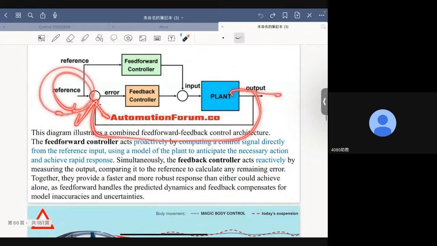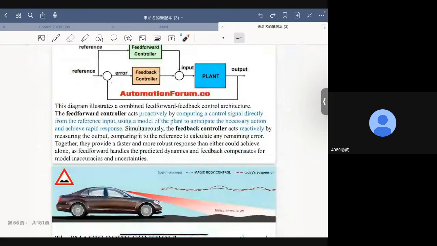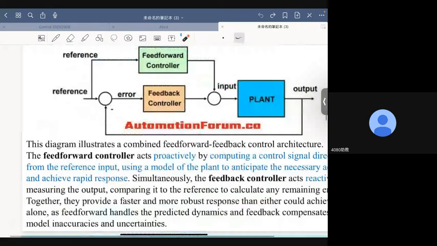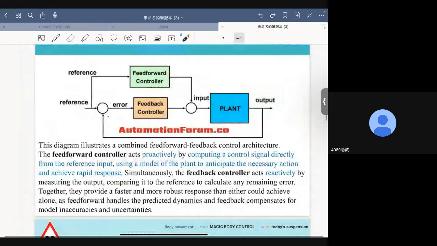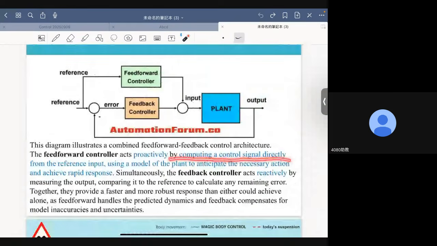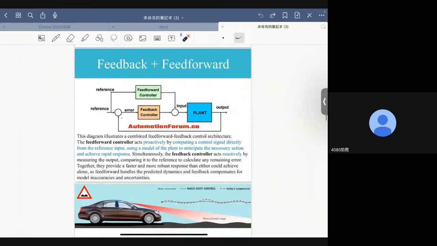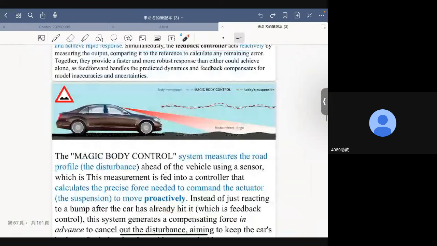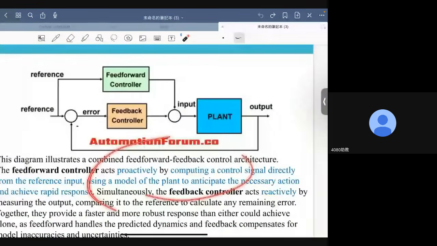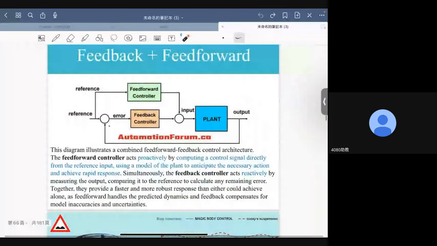So what are the differences between feedback and feed-forward? The feed-forward controller acts proactively, okay, by computing the control signal directly from the reference input, using a model of the plant to anticipate the necessary action and achieve rapid response, okay? Let me give you an example, okay? Let me finish this PowerPoint slide first. Simultaneously, the feedback controller